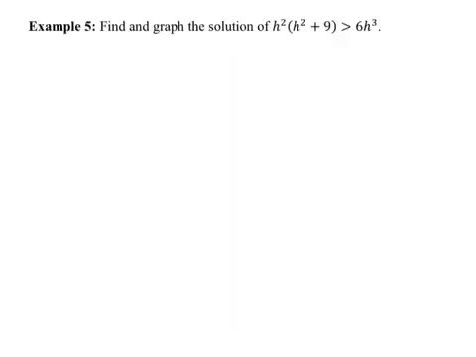In the final example, we're going to find and graph the solution of the following. h squared times the quantity h squared plus 9 greater than 6h cubed. Well, the easiest thing in this problem would be to multiply it out, because we need to get everything on one side. So let's move this over and multiply it out. Multiplying this out, we get h to the 4th plus 9h squared greater than 6h cubed. We'll move the 6h cubed over by subtracting it, giving us h to the 4th minus 6h cubed plus 9h